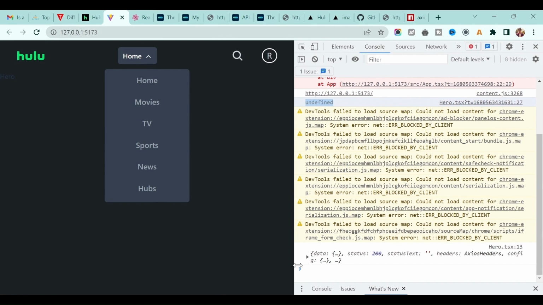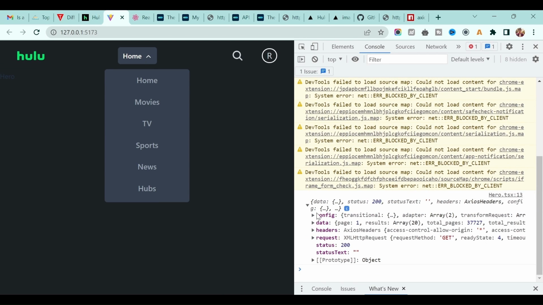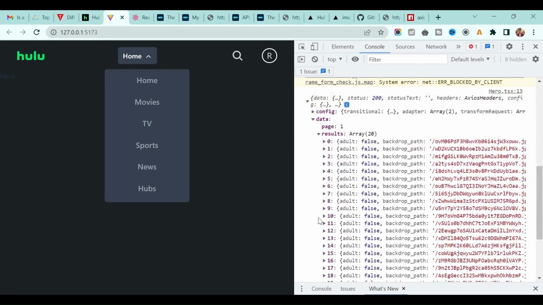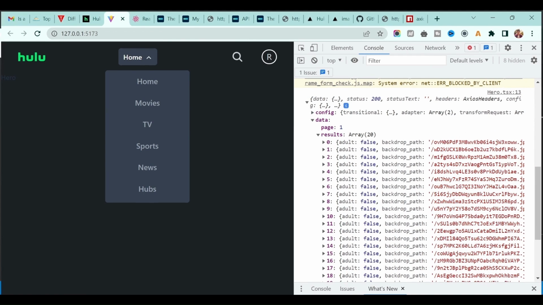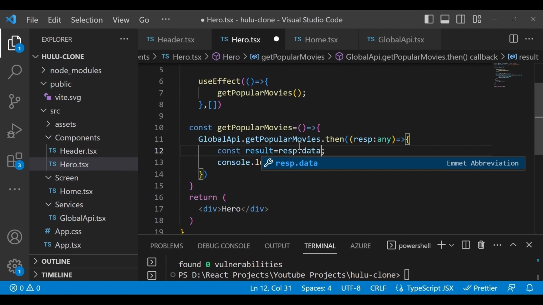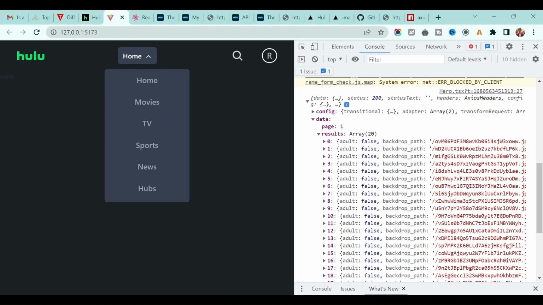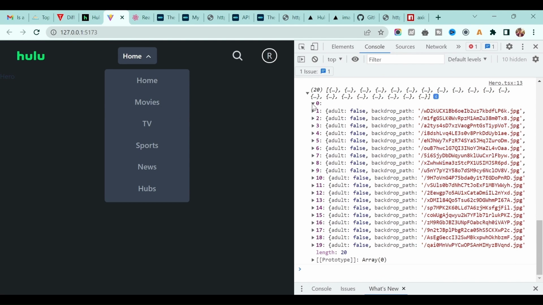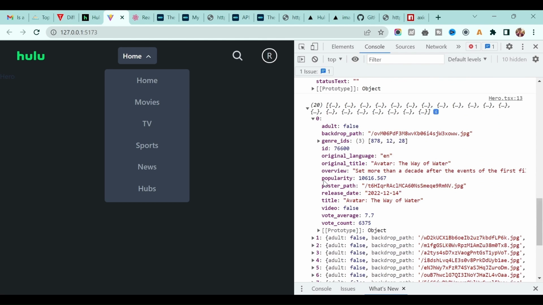If I click on response, we are getting this much information: the config, the data, header, request. Because we are using Axios, it returns all this information, and inside the data we have the actual information that we want from the API, correct? So we have to access it with response.data.results and save it, and then you will get only the list of movies.